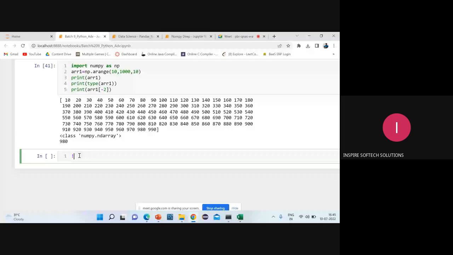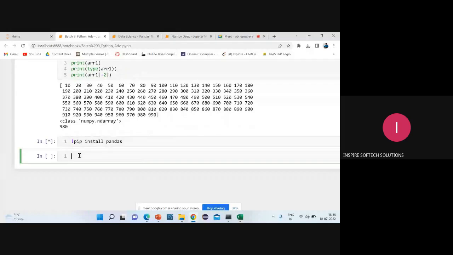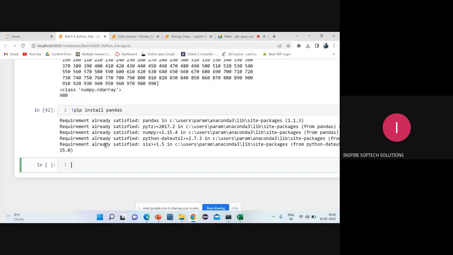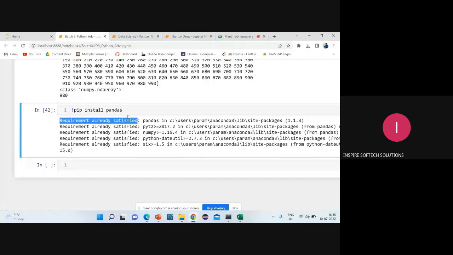So pip install pandas. I'm giving pandas. You can see here it will load. Okay, so I have installed. If you have installed already, it will show that your requirement has been satisfied already, which I showed you in the last class itself. So in the beginning, on the second day, I showed you this. So requirement already satisfied. You'll be getting this because already I have installed. Okay, now do one thing.